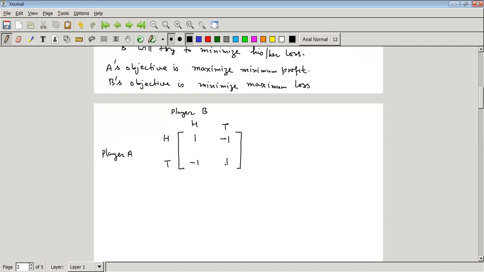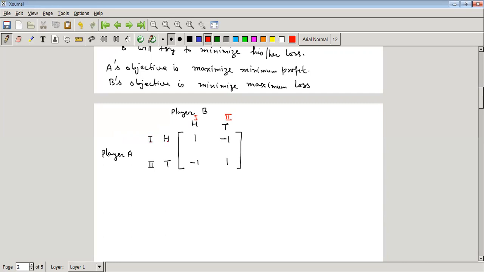Now the decision is that, if we write this matrix as the payoff matrix for player A, what is the proportion of time A plays the first strategy. A has two strategies. This is his or her first strategy, this is the second strategy, and similarly, player B also has two strategies, 1 and 2, right? Now we have to find what is the proportion of time A plays his or her first strategy.